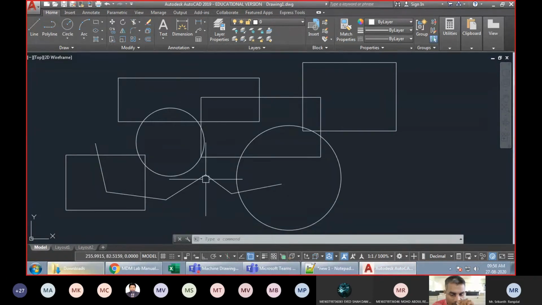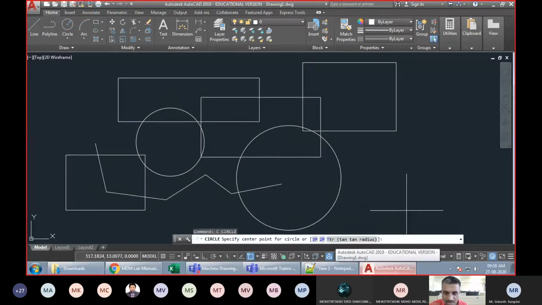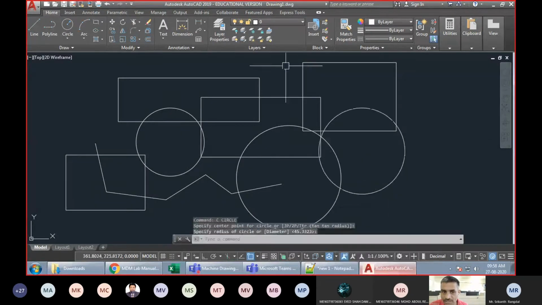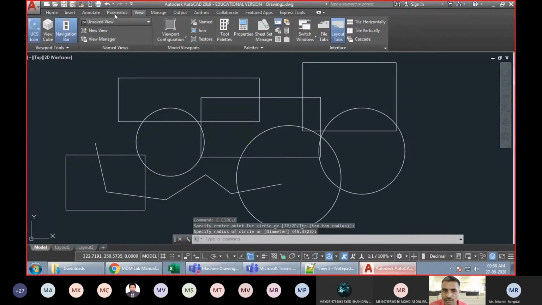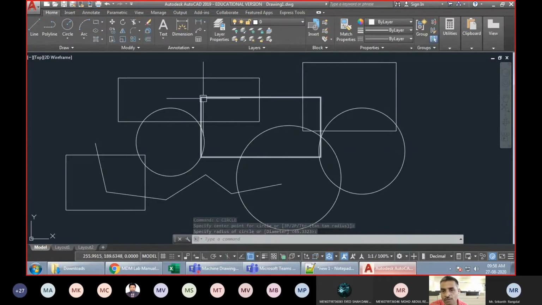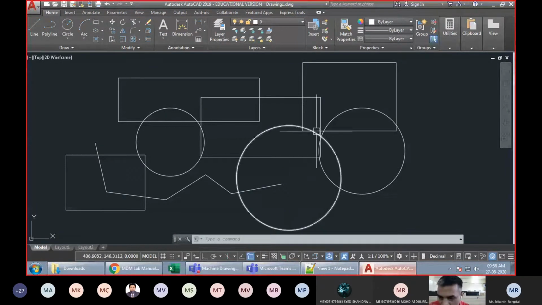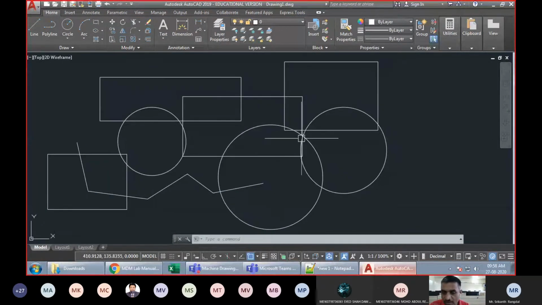So that's the advantage of having the keyboard. Fine. If you are a little bit perfect with the keyboard commands, you can just type the command and start using it, no matter which ribbon is on. You don't have to search for where the command is, and you don't have any confusion with it. So it's always better to have at least a few basic commands that we most often use. The shortcuts for those at least you should remember.